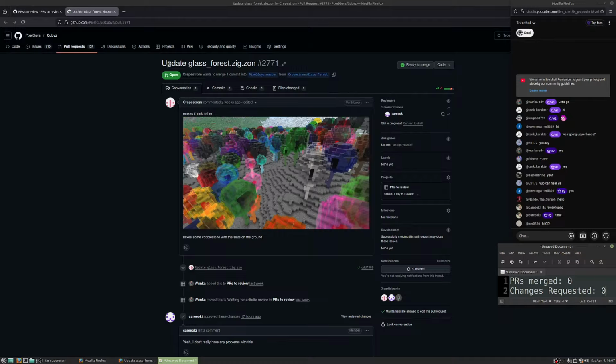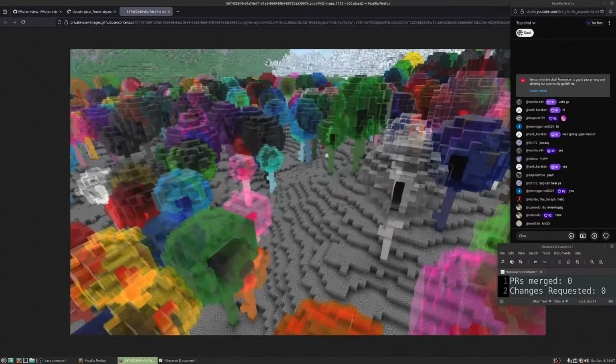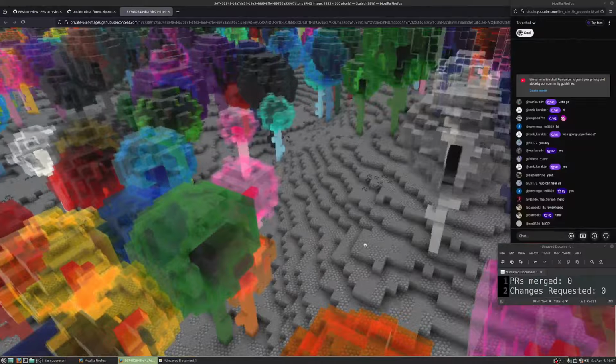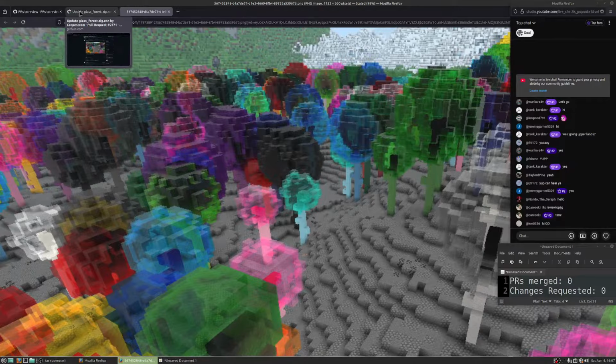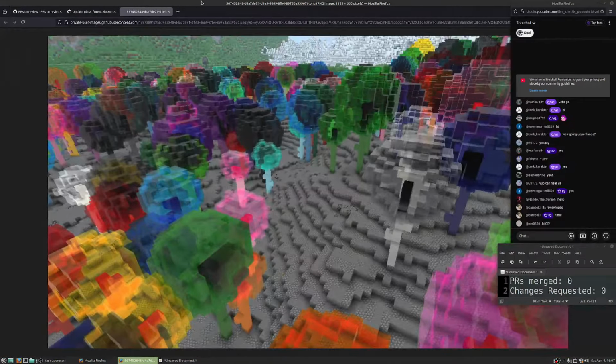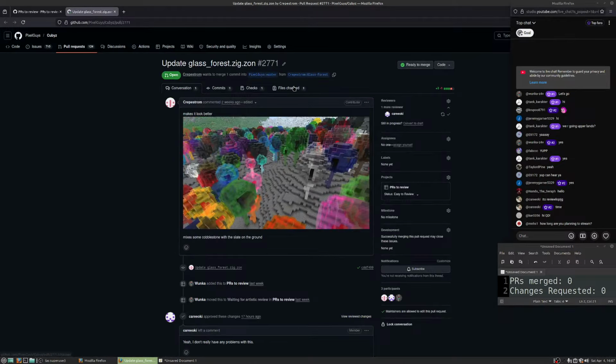So yeah, this first PR seems to change the glass forest. So yeah, that looks pretty good, I guess. It's also already artist approved, so...